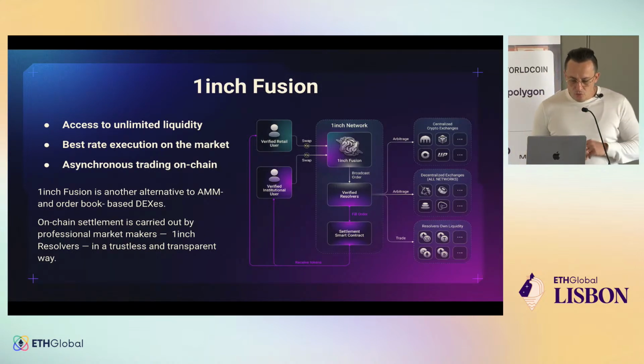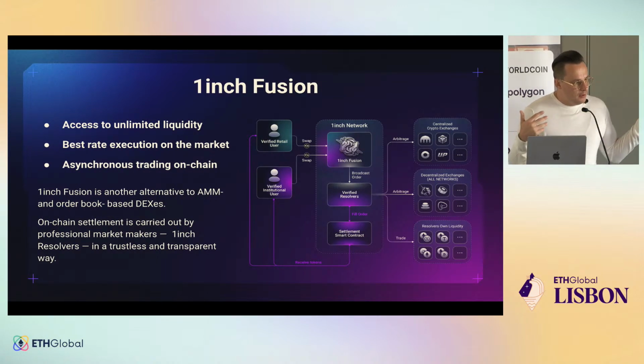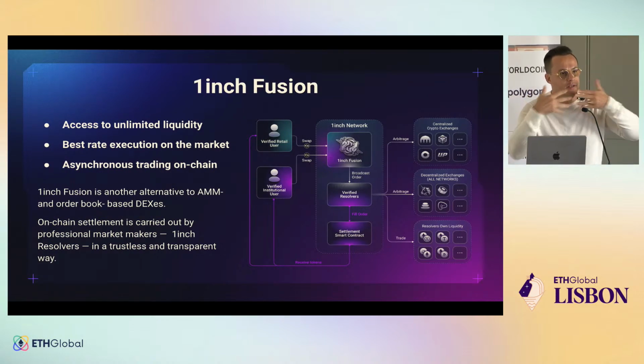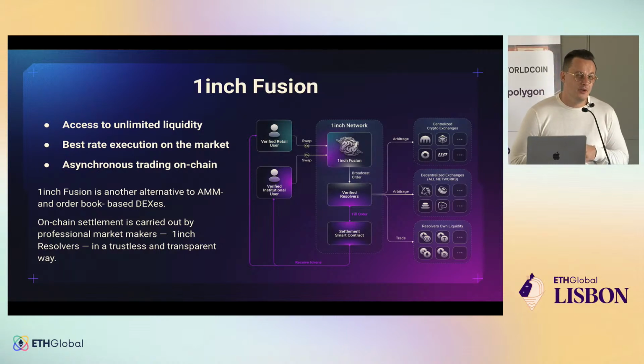How that works under the hood is very important to understand. It is kind of an order book. Some people are swapping in one direction, others in the other direction, Ethereum to USDC, USDC to Ethereum, then our resolvers who are able to settle the trades can match these orders. That's why it's also sometimes very efficient to use Fusion, because there are also other people who would like to exchange tokens maybe in the reverse direction. And